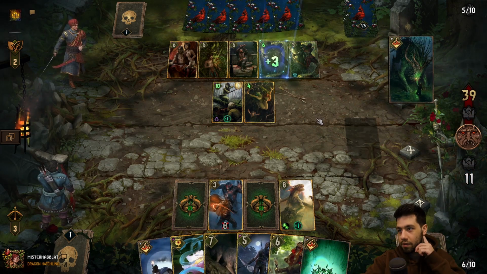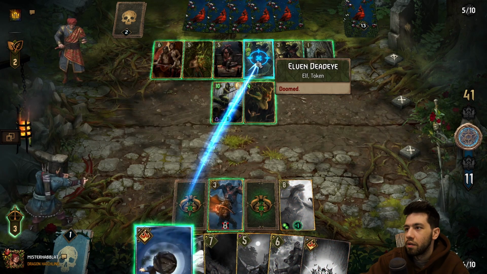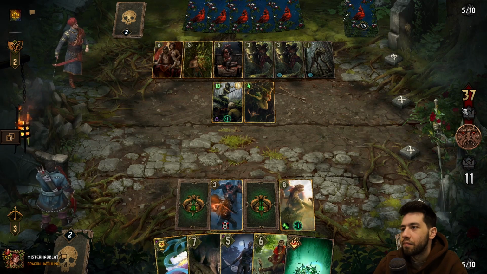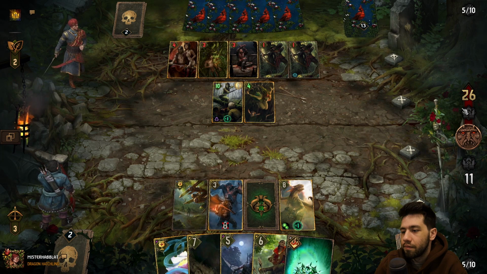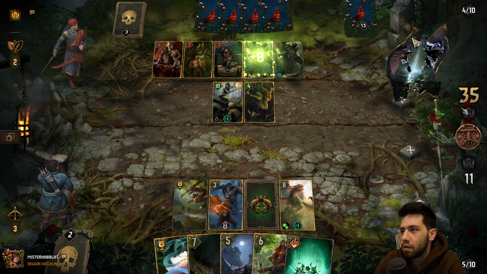Okay, he goes for that. Spawns in the back row as well. We're just gonna do this, right? It's pretty good value on that. Pew pew! Alright, nice Crushing Trap there. Alright, goes Shaping Nature as well. Alright,